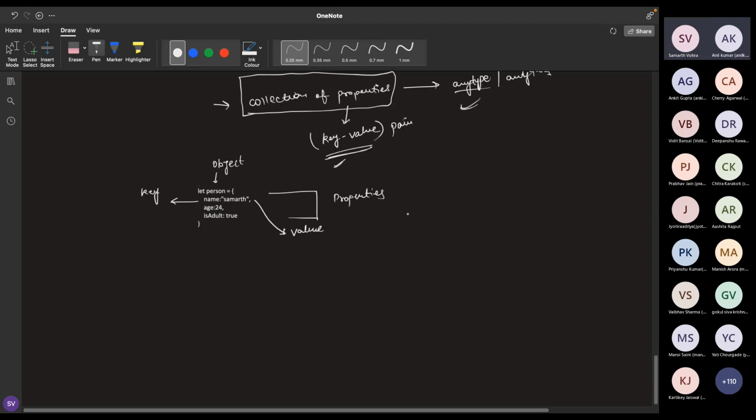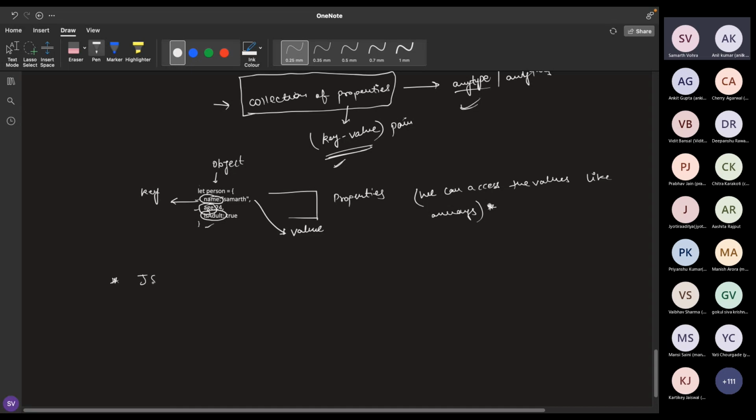The object which we are making here, we can access the values of it like an array. But there is one thing you need to keep in mind. I'm writing a terms and condition, asterisk sign. The terms and condition is that all the keys which are present inside my object are not stored just in this way. They are basically, behind the scenes,